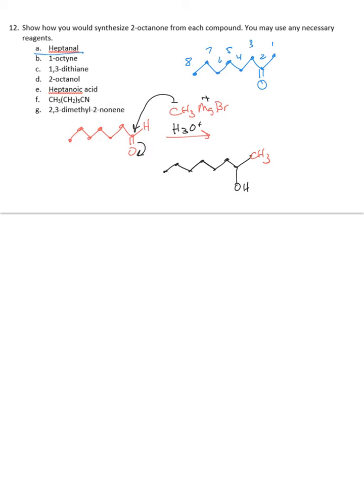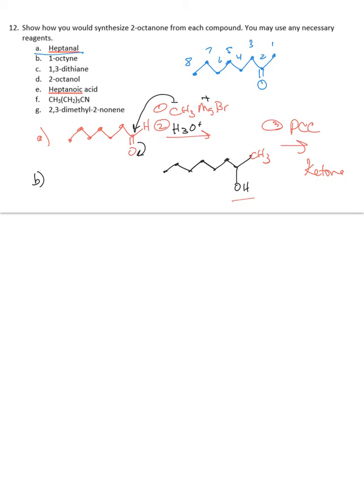So then if you want to oxidize it to the product, you need to add PCC, pyridinium chlorochromate, and that will oxidize the secondary alcohol to the desired ketone. Okay, so that's A. Now for B,